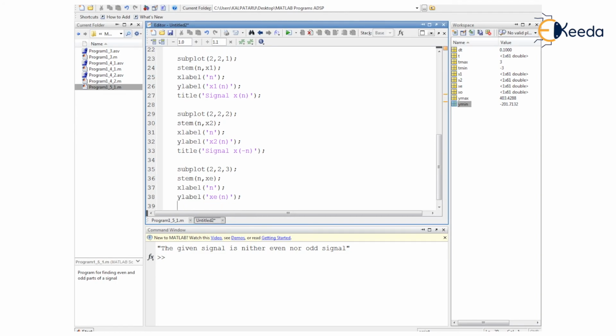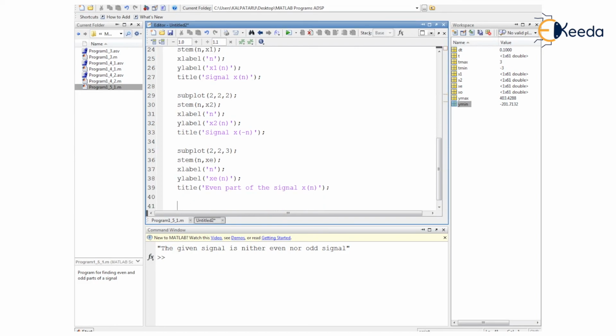After xlabeling and ylabeling, let us provide the title to this particular section. So we write here even part of the signal x of n, ending this with a semicolon. Now the even part of the signal will be displayed here.